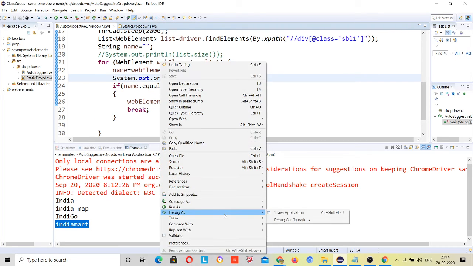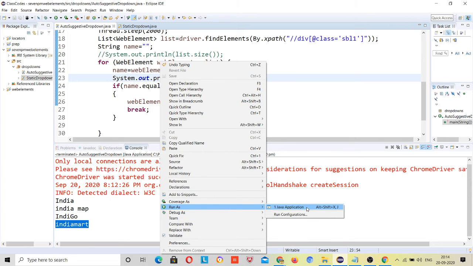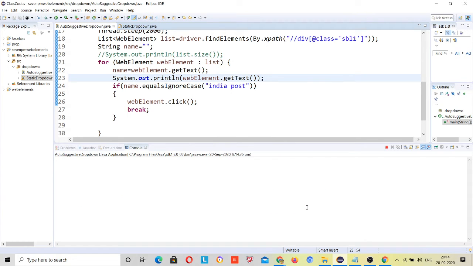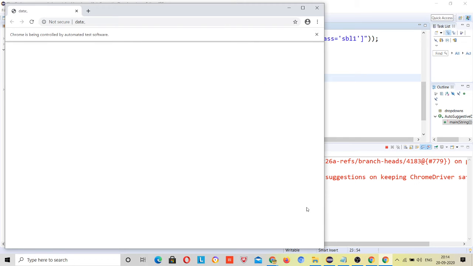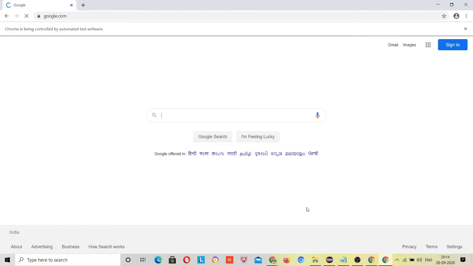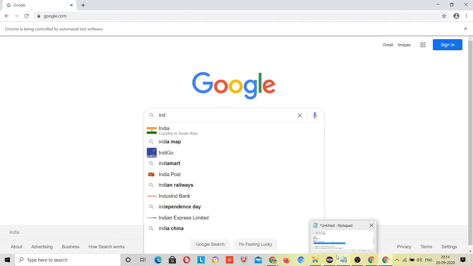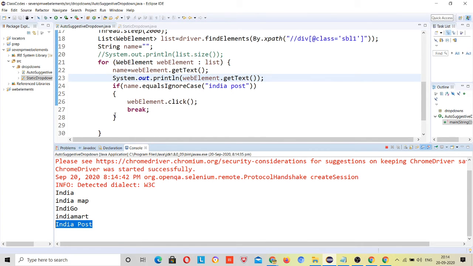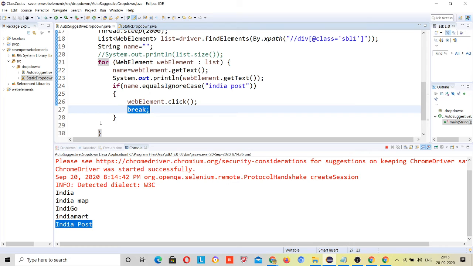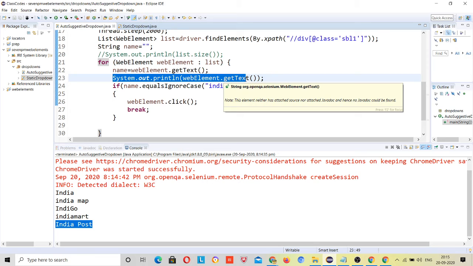Now it will print and click. Just because after break we instantly came out of the loop, this line was not executed, that's why it was not printed.